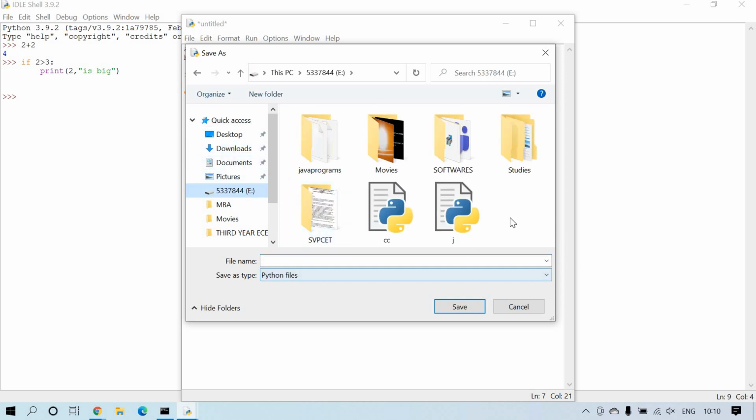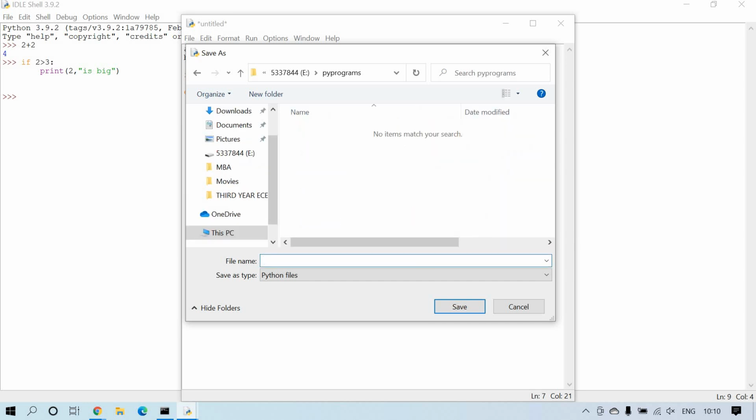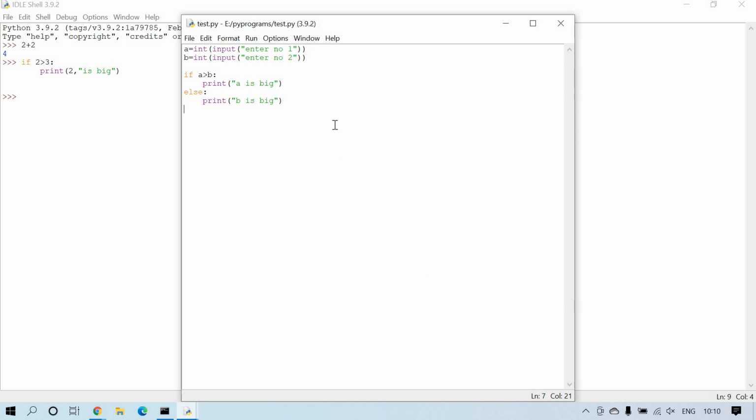I'm saving this program in a folder; I'll create a new folder, py programs. In py programs, test, test.py. I created test.py. I just saved the program with the extension .py. The file name is test. Now it saves the program, and then if you want to run this program by Python IDE, you can